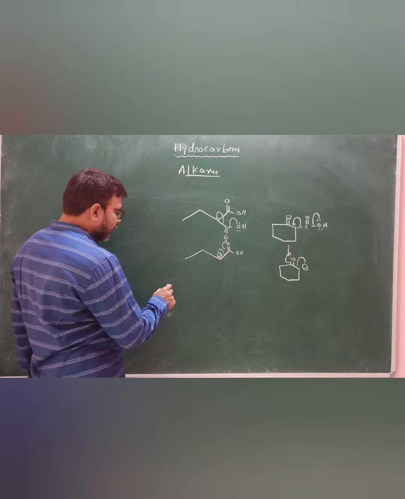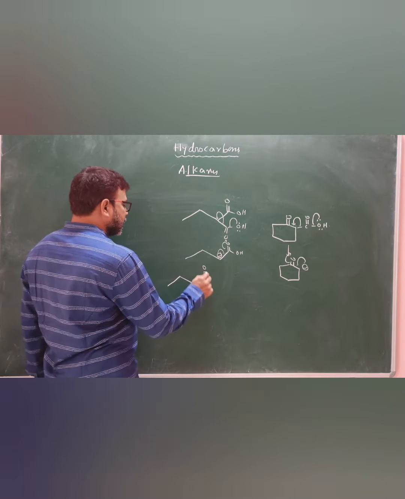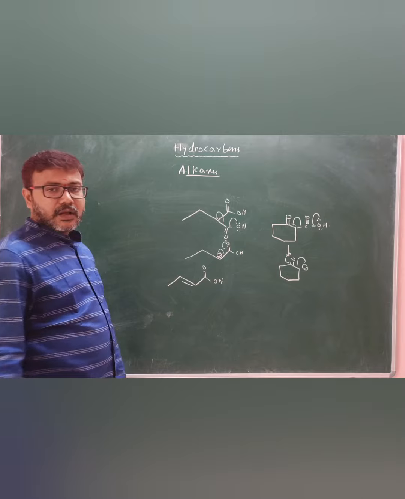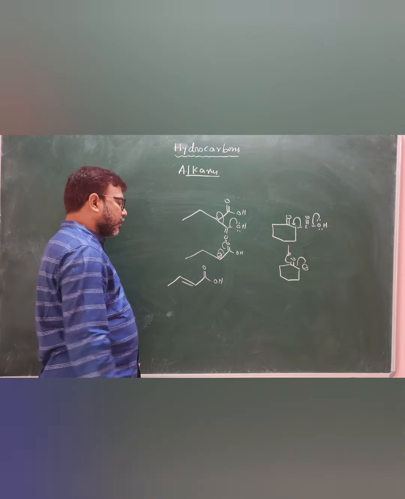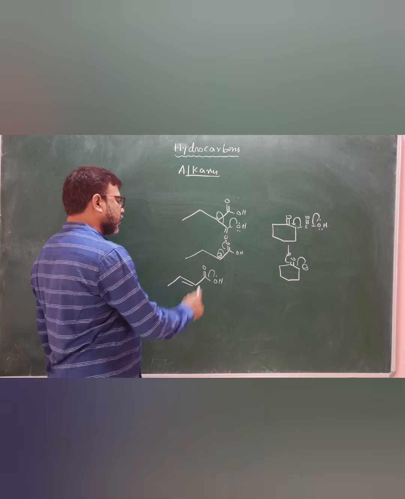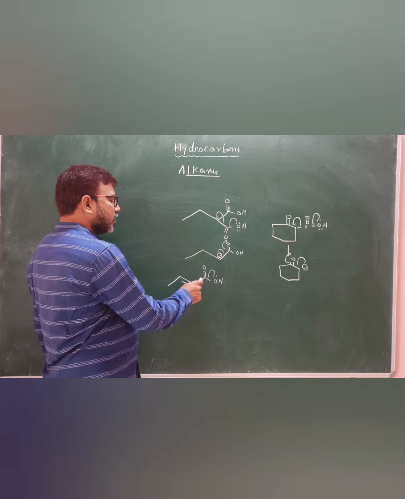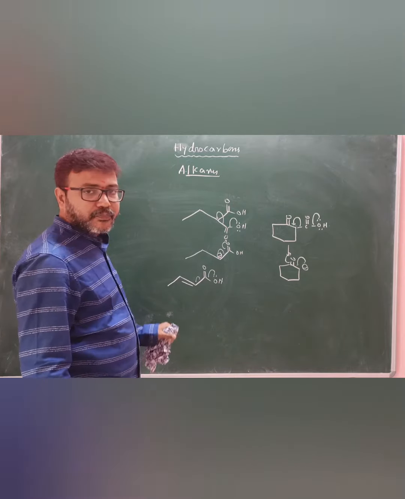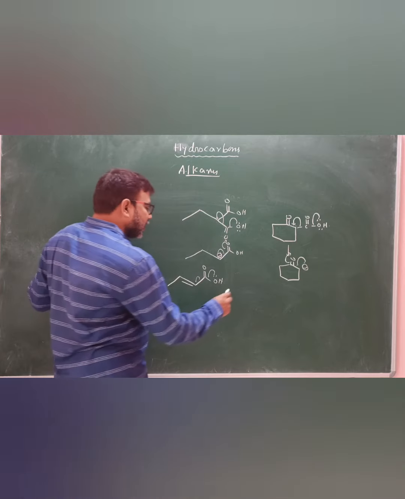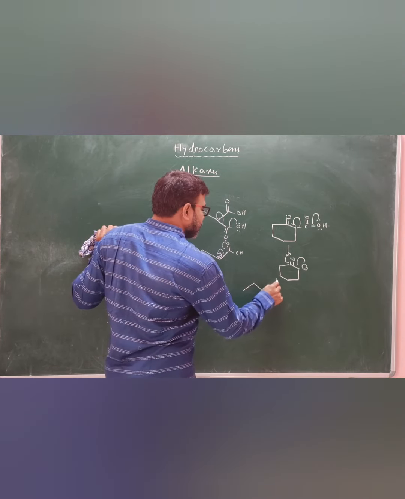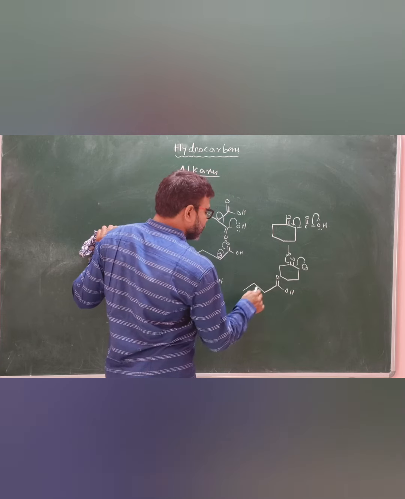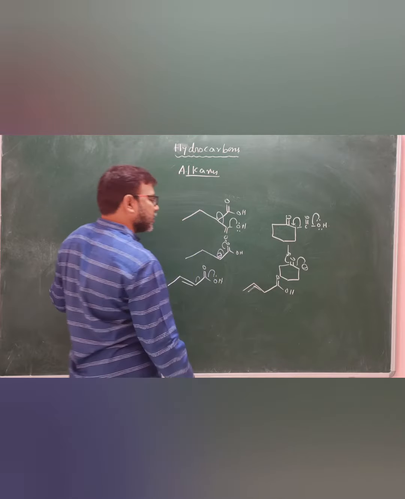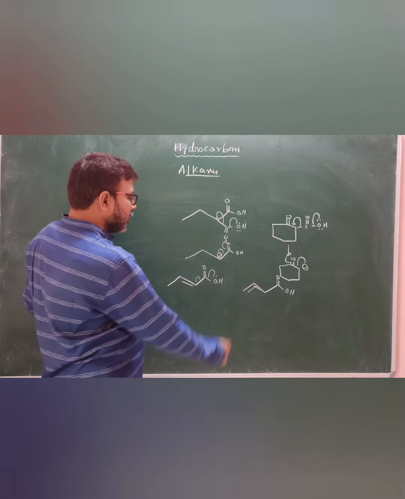So next one, alpha beta unsaturated carboxylic acids easily undergo decarboxylation. It is a functional group. The adjacent carbon is called the alpha carbon. Alpha beta unsaturated compounds easily undergo decarboxylation because this bonded electron shifts to here, and you get a conjugation. It is stabilized by the minus I effect. So beta gamma unsaturated carboxylic acids easily undergo decarboxylation due to resonance.